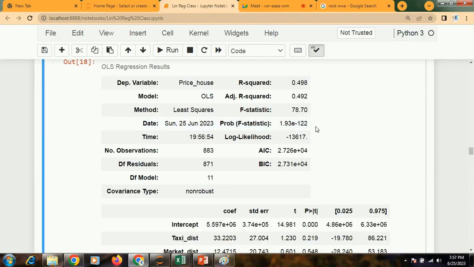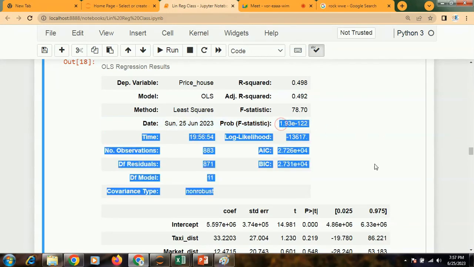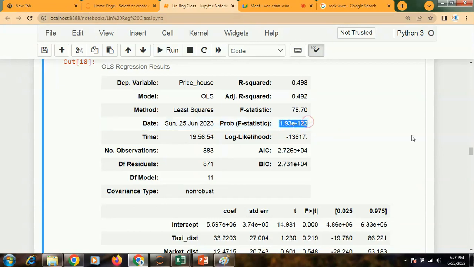So can you check this value and tell me, is it less than 0.05 or not? What do you think? We have a lot of engineers over here, so you should have said that within an instant.